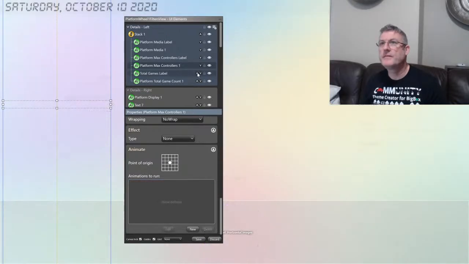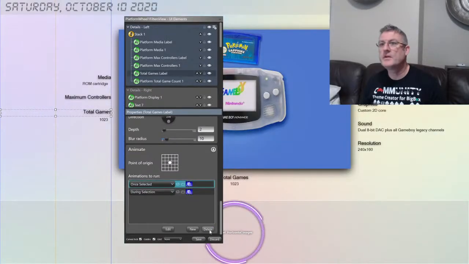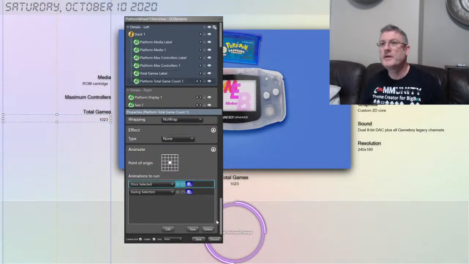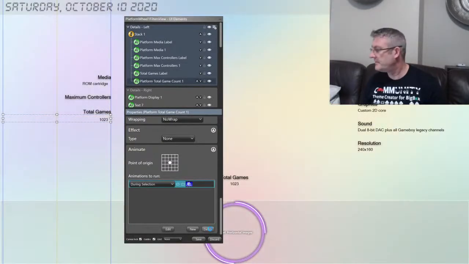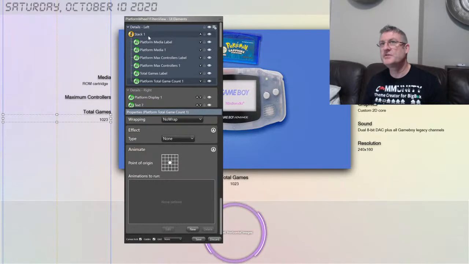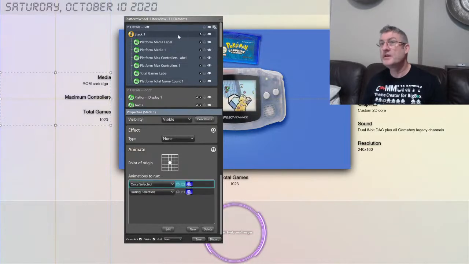Delete. Delete. Click here. Delete. All right. So now the animation is gone from these individual UI elements, and we're controlling it at the highest level, the